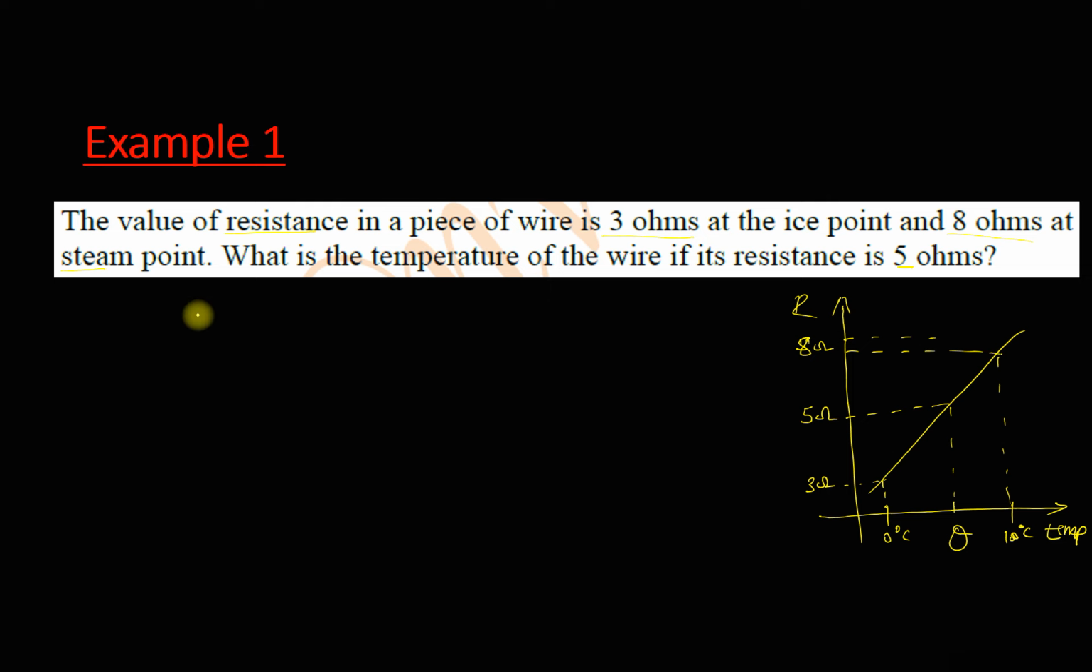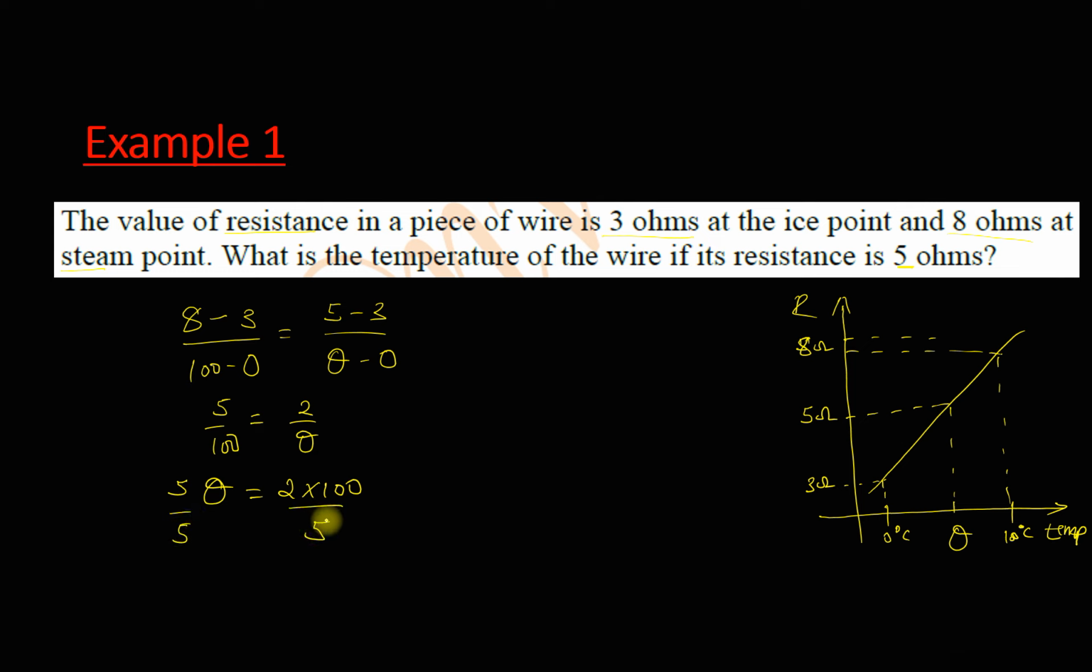Using gradients, I will say 8 minus 3 divided by 100 minus 0 is going to be equal to 5 minus 3 divided by theta minus 0. So this gives me 5 divided by 100 equaling 2 divided by theta. When you cross multiply, you have theta times 5 equaling 2 times 100. Then you divide by 5 on both sides. So theta is going to be equal to